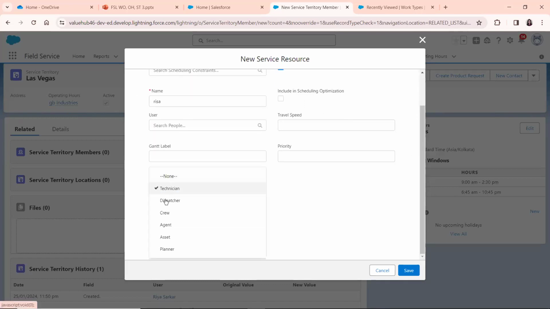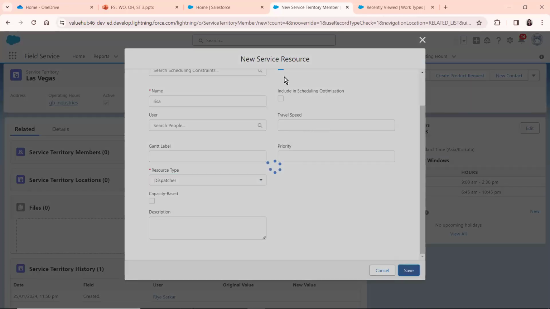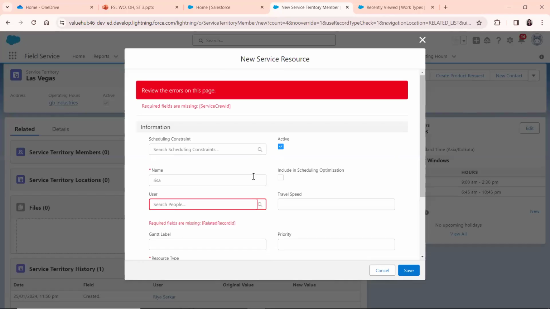and her resource type is, well, we will have a multiple number of resource types here. This can also be edited. You can change it according to your organization's requirements. So let's say her resource type is a dispatcher, and we save it. So a new service resource by the name of Lisa has been created, and you will assign them to the service territory. So once it is created,